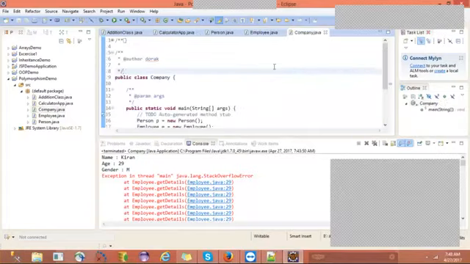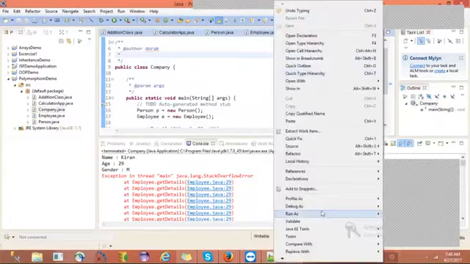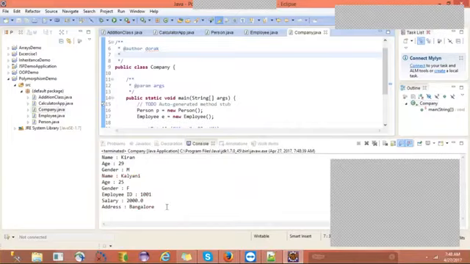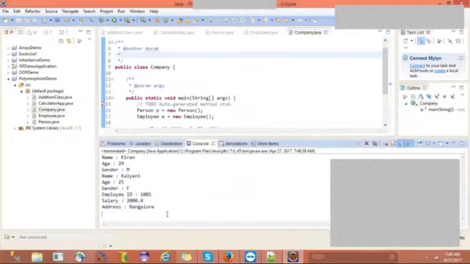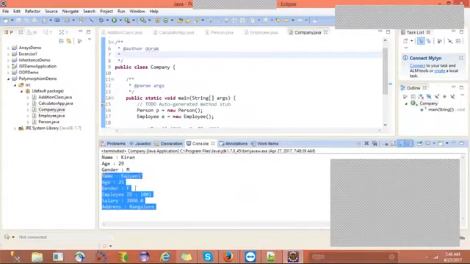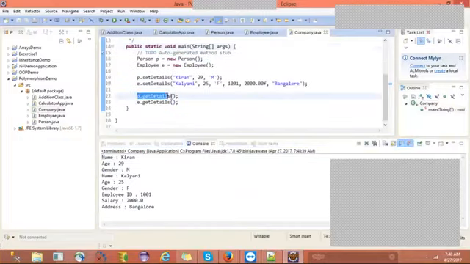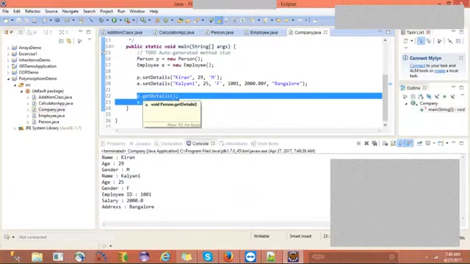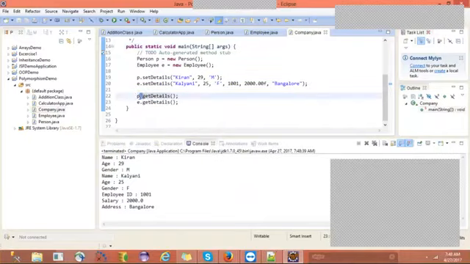Now run the application and see the output. You got the output right now. See, name Kalyani, age 25. Now employee details it is printing. Here person details, p dot get details. If you observe, same method, same parameters you are passing, but based on the context, using which object reference you are calling, the behavior is changing.